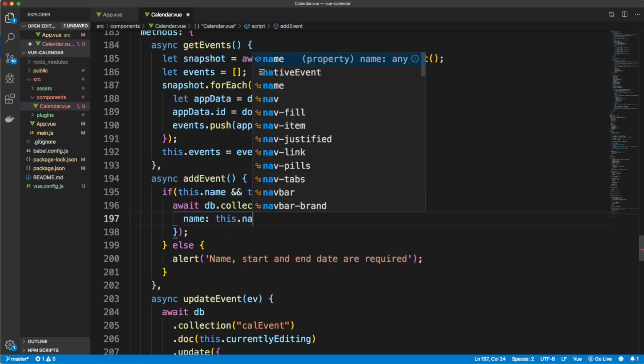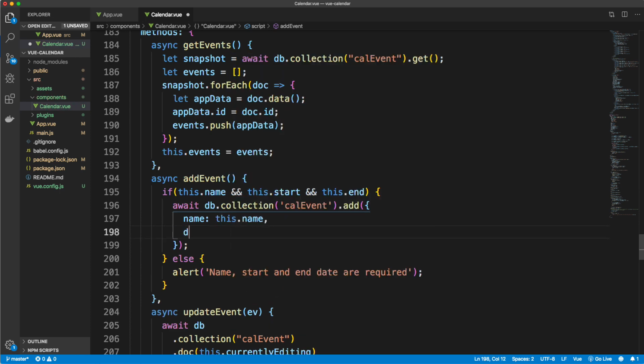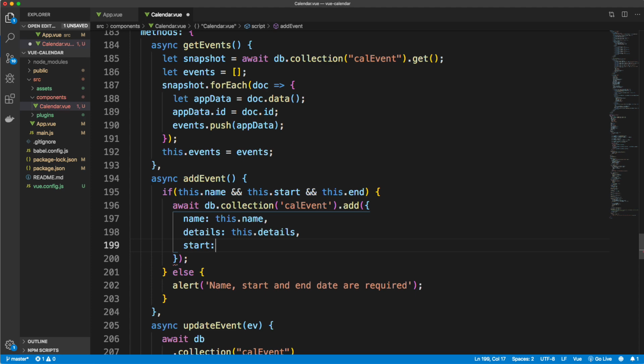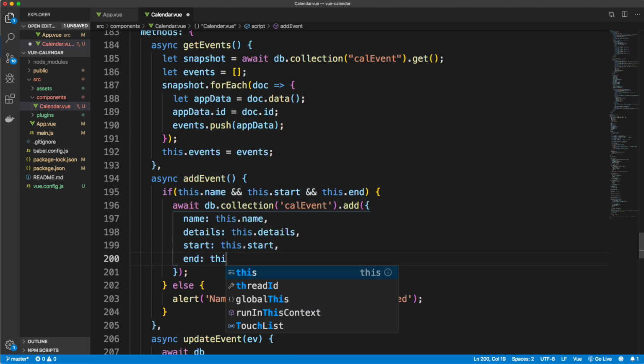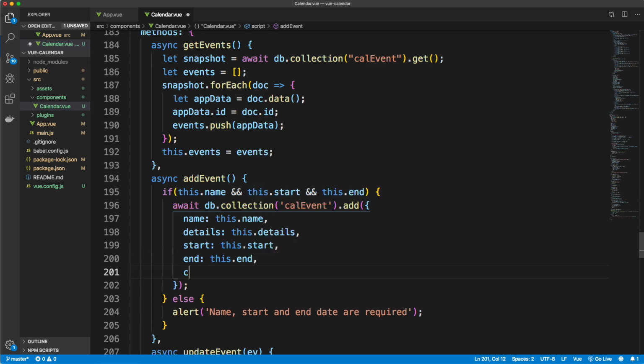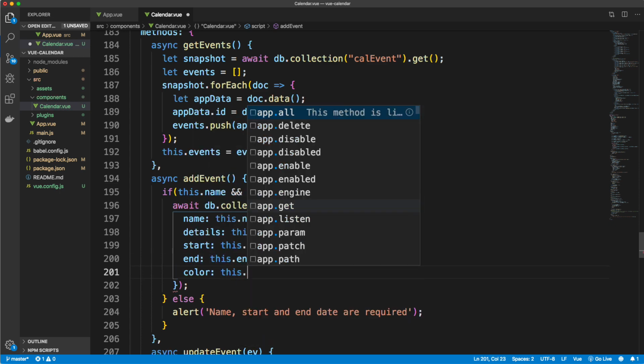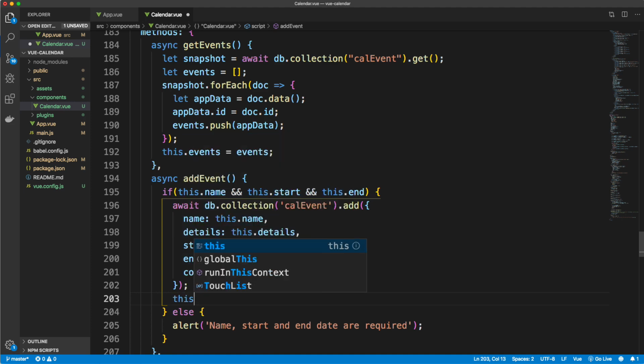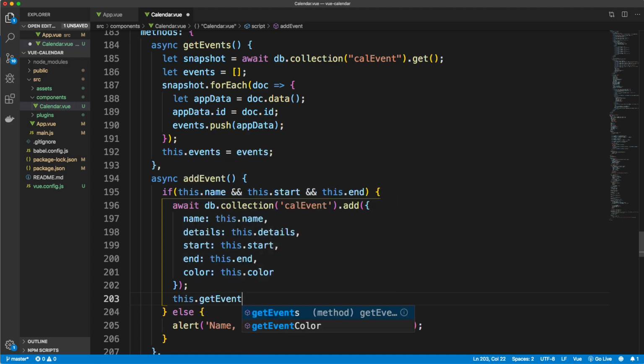So this.name, details, this.details, start, this.start, end, this.end, and we also have color. All right, so that will add it to the database,